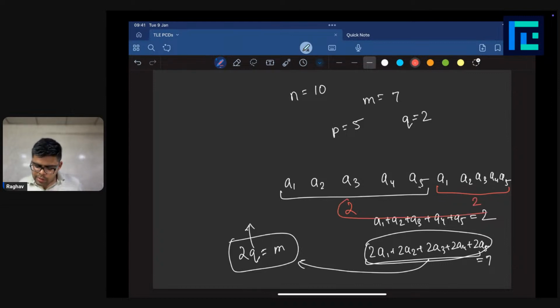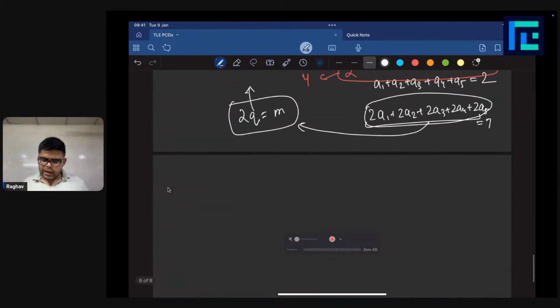So the total sum of the array should come out to be 4, but you want the total sum to be 7. So in this case, you will not be able to get your answer. So the conclusion here is,